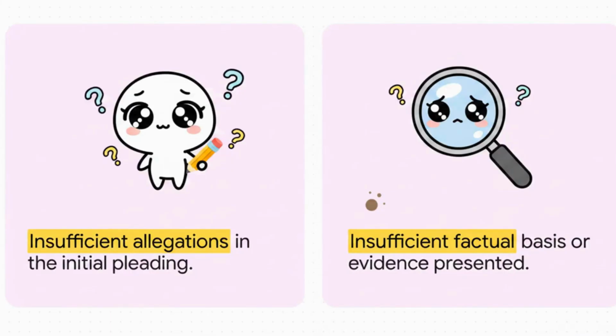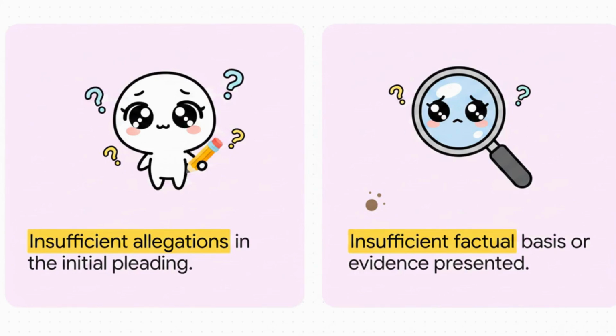Okay, so there is a super nuanced difference between failing to state a cause of action and lacking one entirely. Now, I know this might just sound like legal jargon, but it's actually the ultimate gatekeeper for whether a lawsuit survives its very first day in court. Failure to state a cause of action basically means your initial pleading just doesn't have the right allegations to even warrant a case. You can raise this right out of the gate.